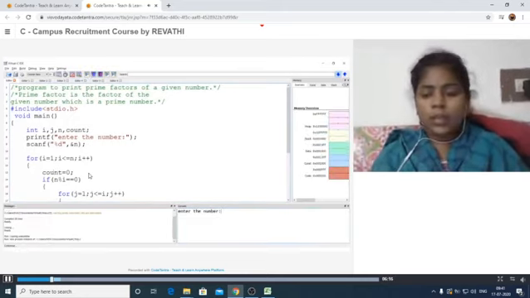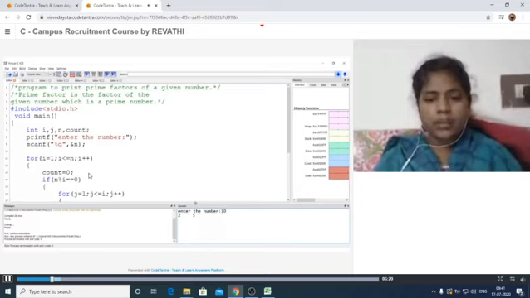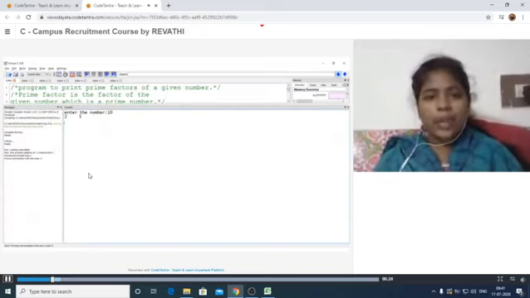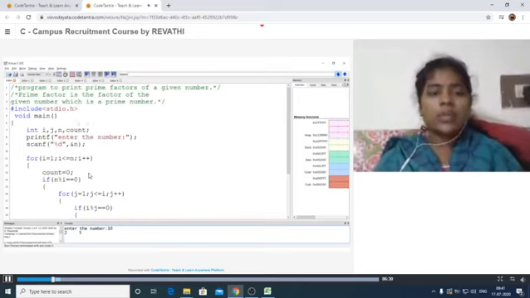Enter any number, that is 10. I am providing the number as 10 here. I have given 10, so the prime factors of 10 are 2 and 5. Like this we can find the prime factors for the given number.